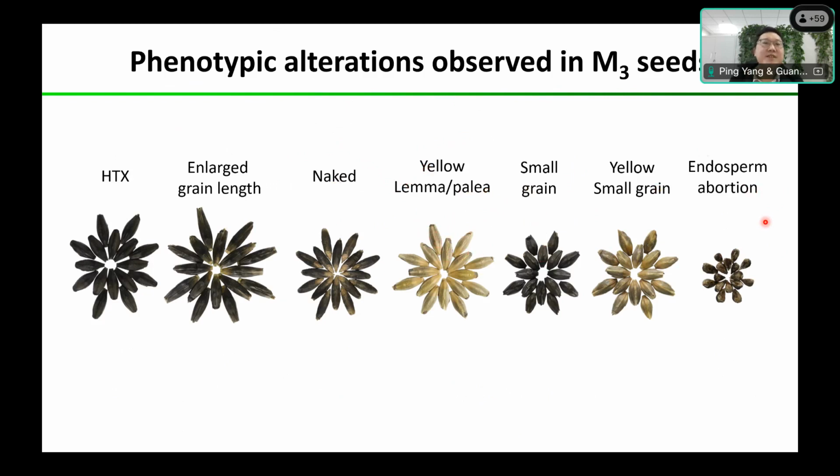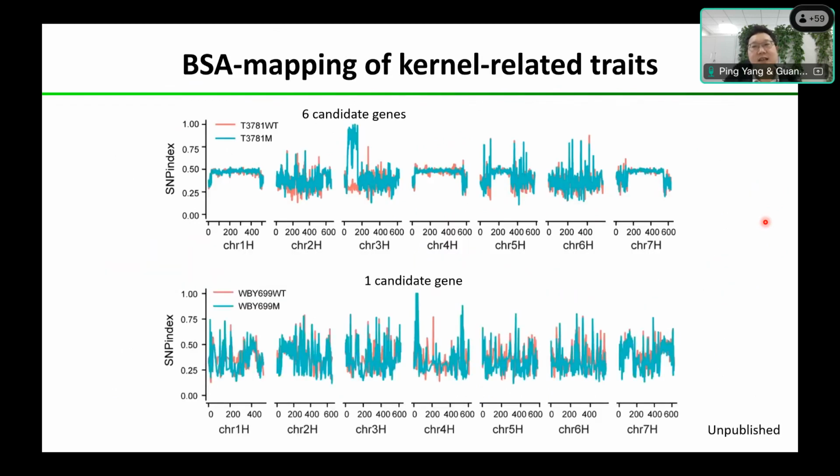We use the same strategies to identify the genes. Because we don't really work in this field, this is just a test of the example concept, and we worked on two mutants. We are able to identify candidate genes very quickly. For instance, for this mutant we only observe one candidate gene. For another mutant, there are 6 candidate genes available. So that would be a few candidates for the following gene validations.